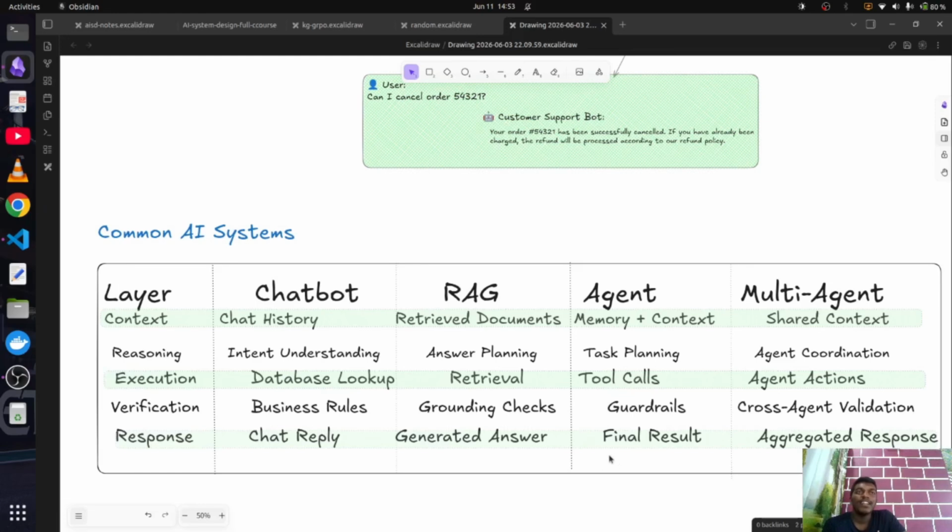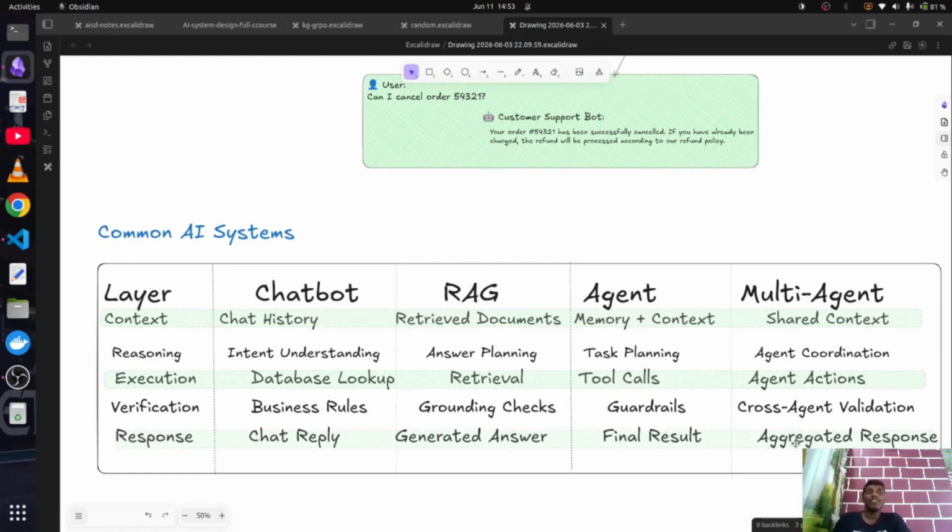For an agent it's the final result. It doesn't necessarily have to be some English output like this. It can also be some business services executed, some database calls done, some API calls done. And for multi-agent it's the aggregated response of multiple agents.